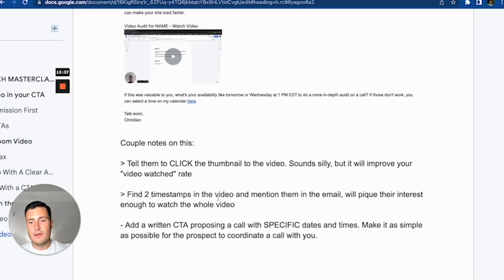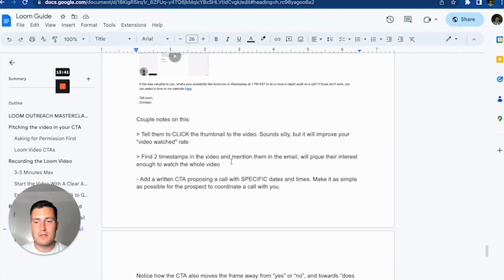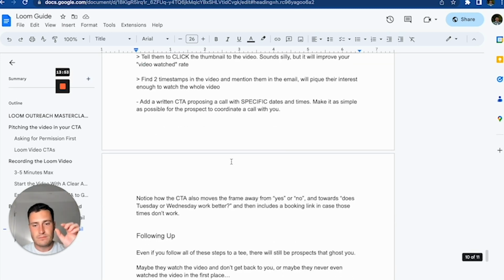So tell them to click on the video, find 2 timestamps in the video and mention them in your email, and add a written CTA in addition to a CTA in your video. You're literally making it as simple as humanly possible for somebody to watch the video and get on the phone with you, right? So one thing to notice, the CTA moves the frame away from a yes or no and